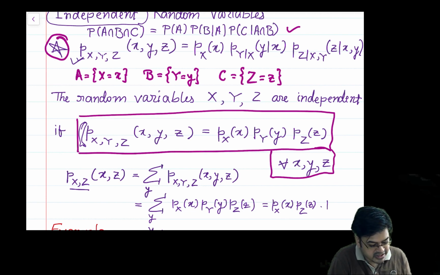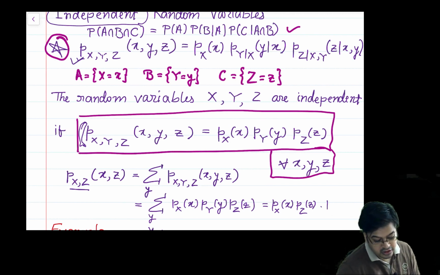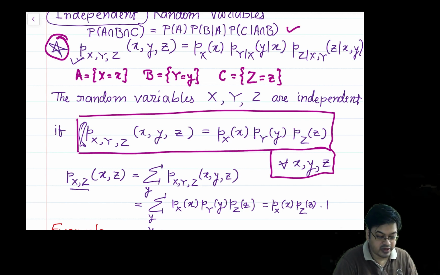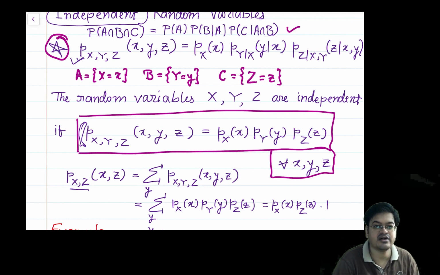And there is nothing special with x and z. You can take x and y and do the same thing; in that case you will sum over z. You can take x and z, which you have already taken, and you can take y and z. With all these random variables you will be able to satisfy this condition. Therefore, the beauty of coming to the theory of random variables is revealed once more: the checking of the condition of independence becomes an easy task. You have to check only this condition, and then all other conditions of pairwise independence and everything will follow.